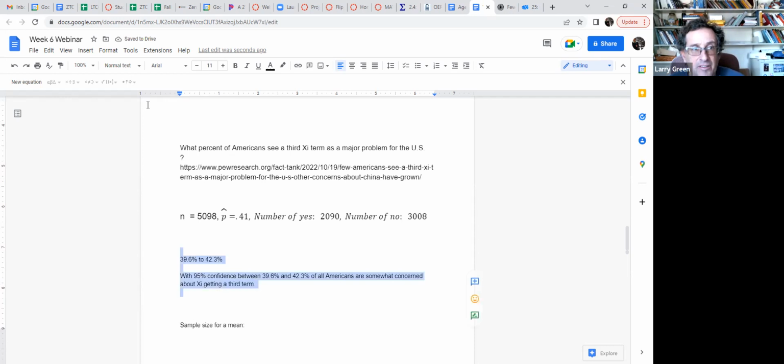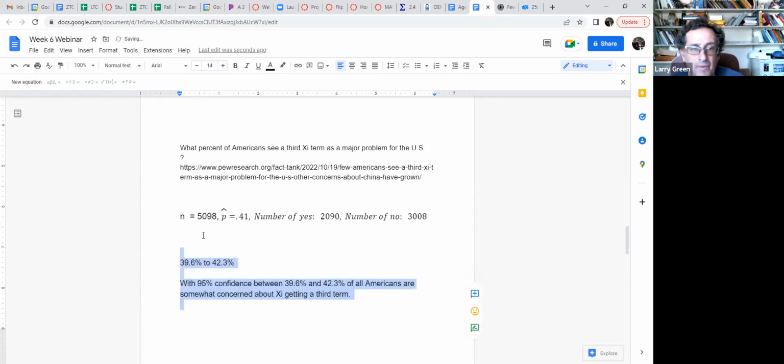Let's make that bigger so you can see it better. I want to highlight this word right here, all. Again, you have to be referring to the entire population, not the sample, and you have to be very specific about it. I will take out points if you don't. Is that clear? Any questions on